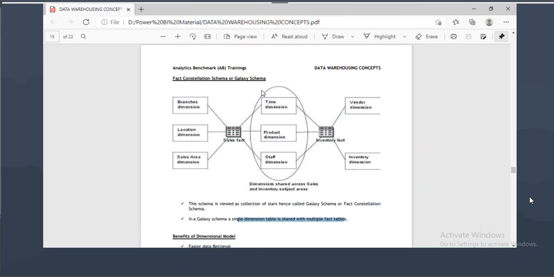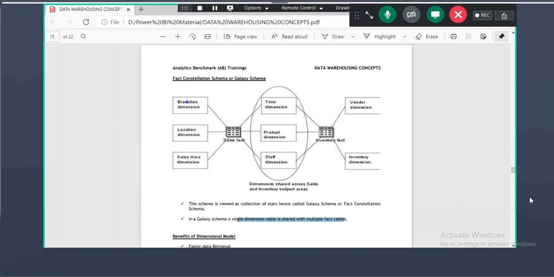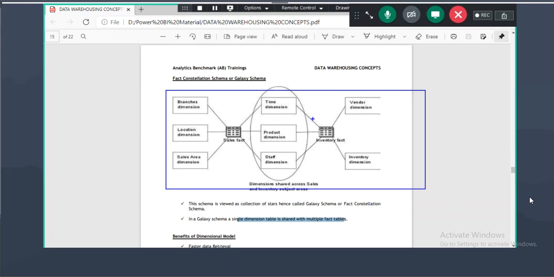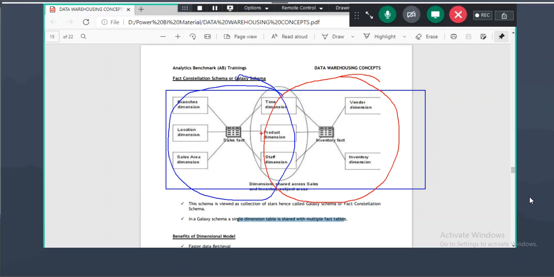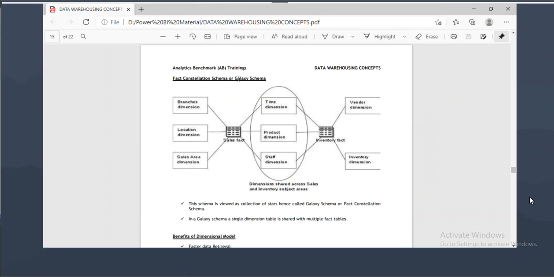So basically, it will become complex, guys. When you build the Galaxy schema, the schema will look complex. So instead of building the schema like this, these days we build two star schemas separately. You can split this schema into one star and this schema into another star. There are some people who can combine both of them and build a Galaxy schema also. It is not that they have to build two star schemas separately. They can even build a Galaxy schema, right? When you see a schema like this, we call it Galaxy schema.